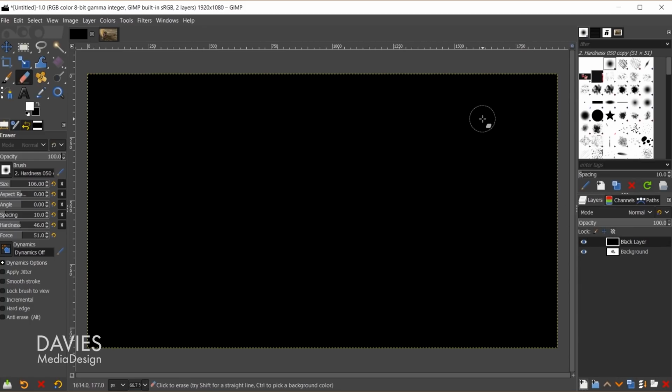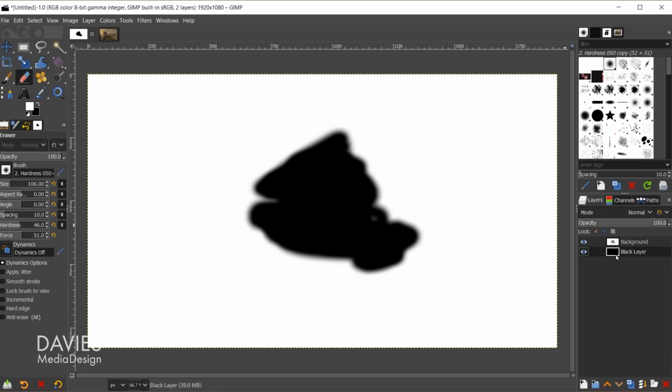This is a fully opaque layer. There's no transparency on it right now. But if I go to my channels tab, you'll see this does have an alpha channel. So as I mentioned, all future layers will contain that alpha channel. But now I can actually click and drag this layer below the background layer. And you'll see that those transparent areas we created with the eraser tool on our original background layer are allowing us to see the now black layer below. So that's what transparency does, is it allows you to see through that part of the layer that is transparent